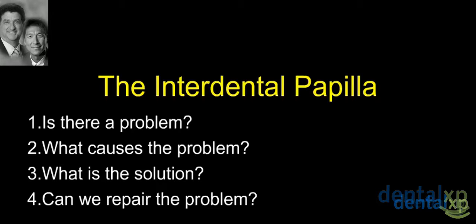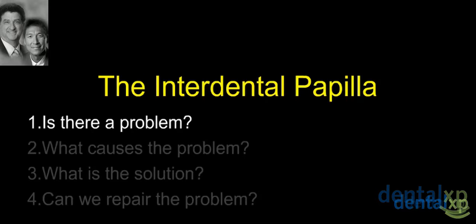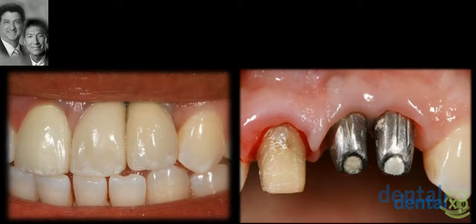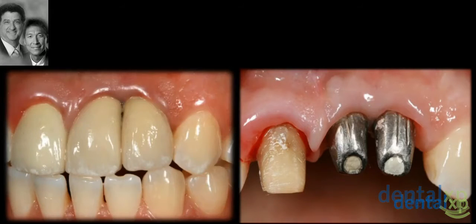So let's take a look at this picture. This is what we see all the time. The sad part is that we see this more and more frequently than ever before. And most of this is not a lack of understanding of integration. The problem is these two implants that somebody put in didn't integrate. They always say you can always tell a badly placed implant: it always integrates for some reason. But this is a real problem, because if you look at the interdental papilla area between the two implants,